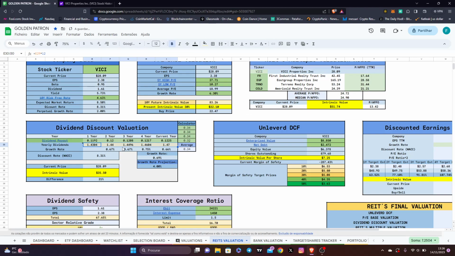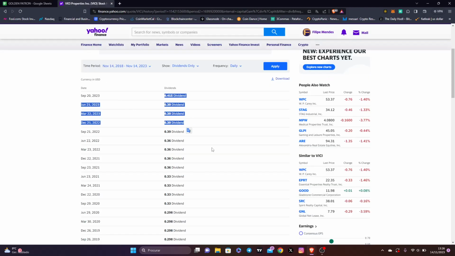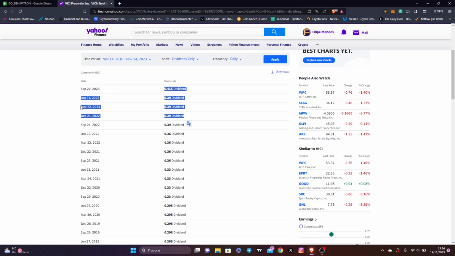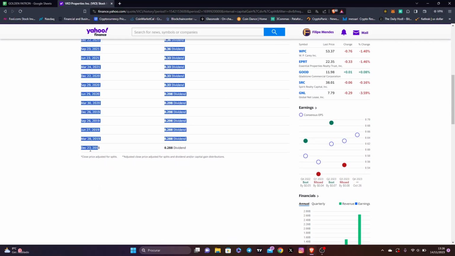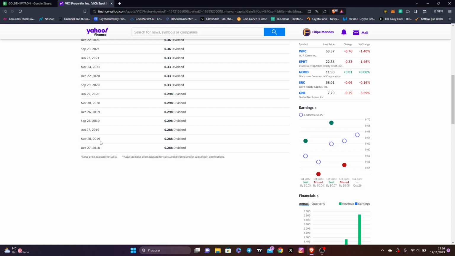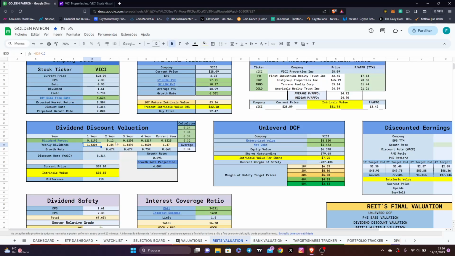Let's actually put it yellow, because you might need to change it. The way you have to look at it is, if you see they're paying out per quarter, as you can see, the best way is if you go, let's say in December, the next time it was March, so you know they're paying out per quarter. You don't see January, February, so they're paying out per quarter. So what you have to do is take out the 12 and put a 4, okay, per quarter,